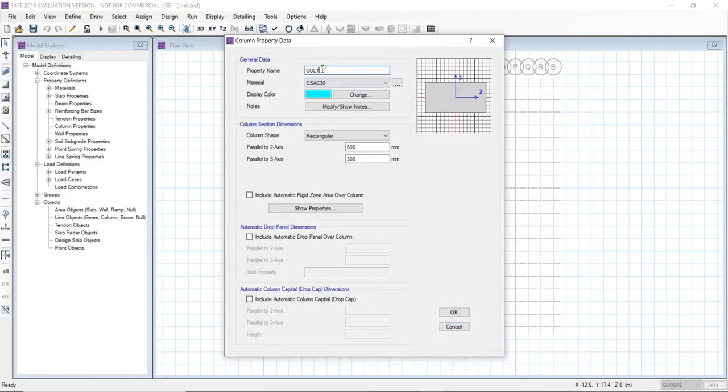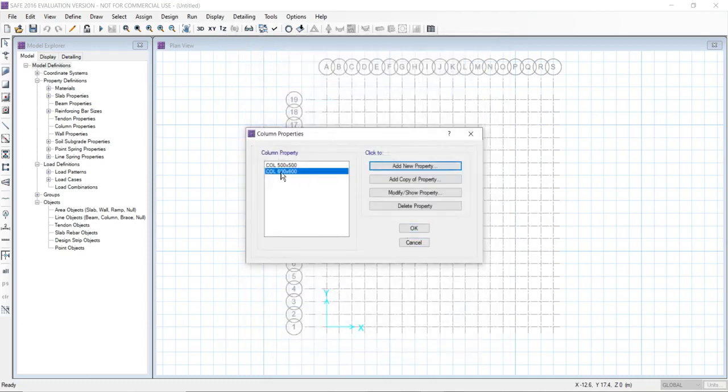Add new property for column 600 by 600, material M40, 600 by 600 and click OK. Now we have defined the two column properties.